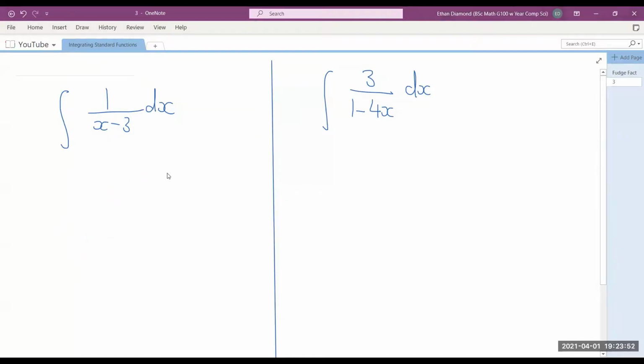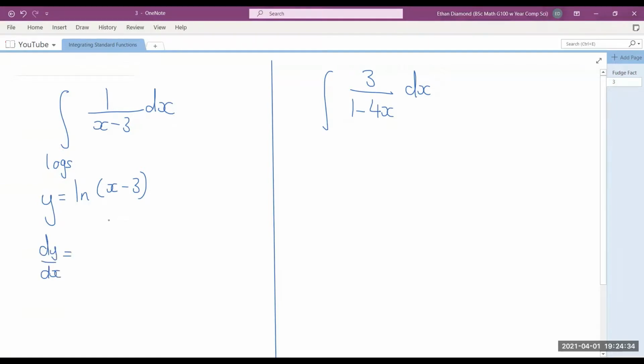I did that to show you what would happen if you tried to use the method which we just did before. In order to integrate something which looks like 1 over x, where the denominator has a power of 1, or the degree of x is 1, then you need to use logs. So we wouldn't guess the integral by increasing the power by 1. Here we would guess the integral is log or ln of the denominator. Why? Because if we differentiate that,